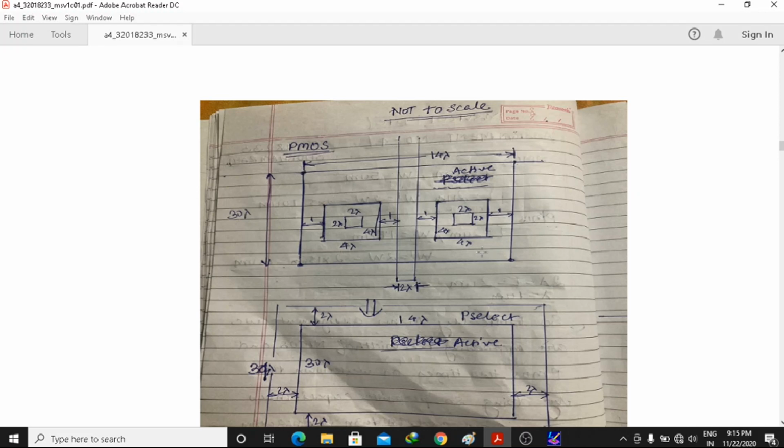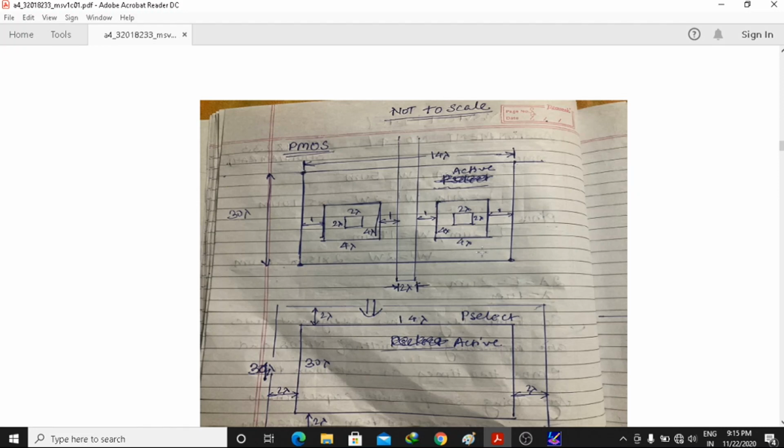Just by putting in the value of lambda and drawing the whole layout in terms of lambda, and when you replace that lambda by the feature size, you will definitely get the new technology. Like if initially 2 lambda is the channel length, and 2 lambda is, let's suppose, 2 micron, then lambda comes out to be 1 micron.